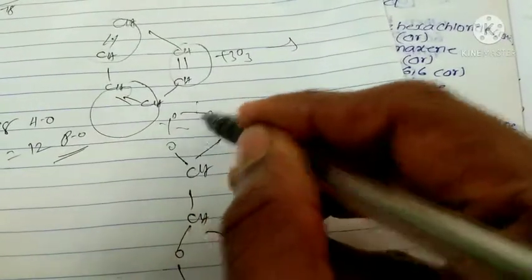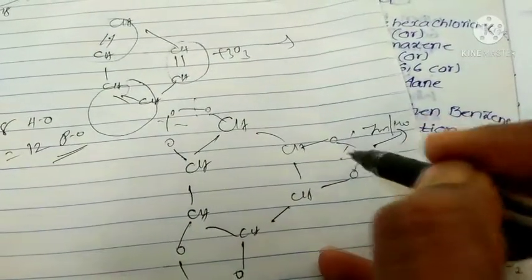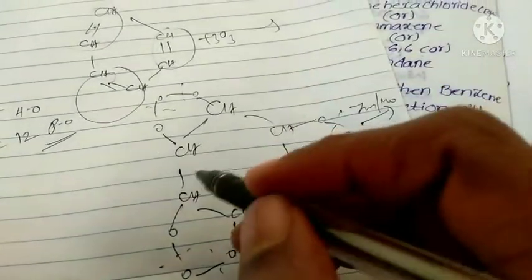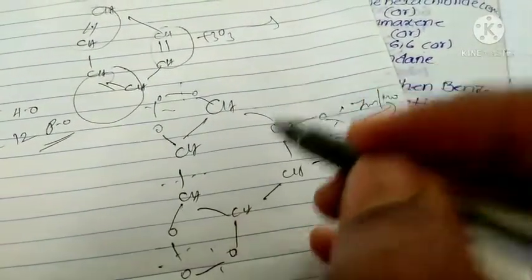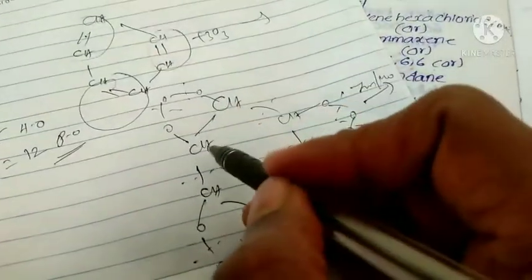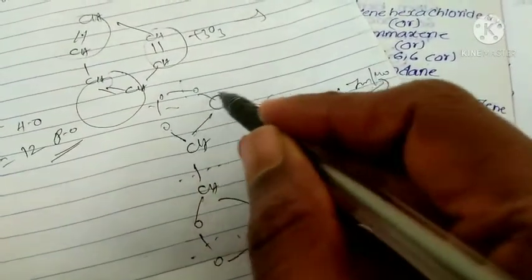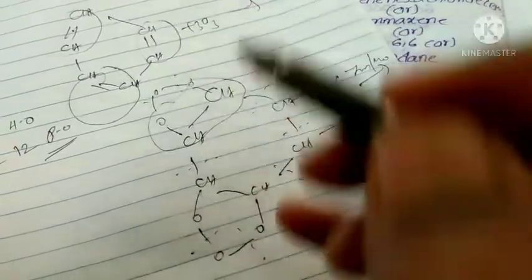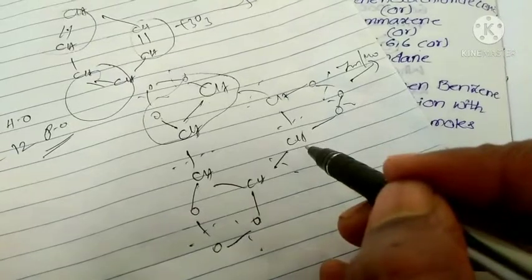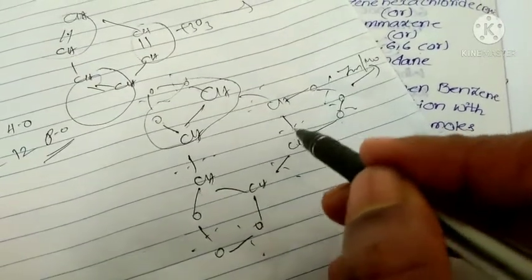then this bond will be broken, this bond will be broken. Similarly, this bond will be broken, this bond will be broken. Similarly, this bond will be broken, this bond will be broken. Apart from that, these bonds also will be broken. Then which will be left? CHO bond CHO. That means this is one molecule. Next, CHO. Sorry, this bond will not be broken.